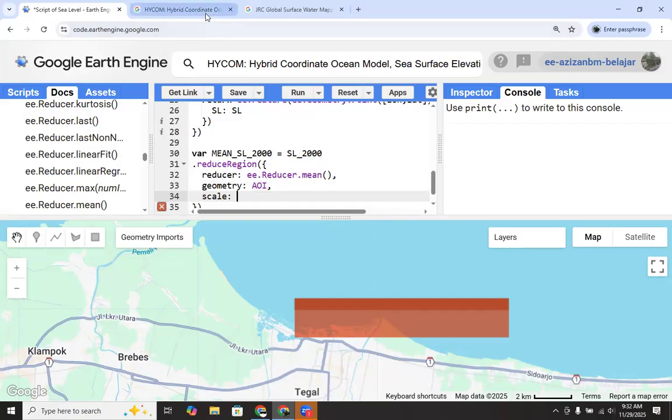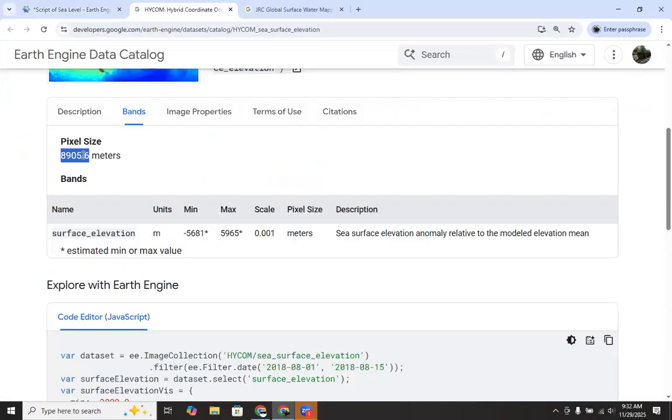And in this scale, we can define based on the resolution or pixel size of the actual data.